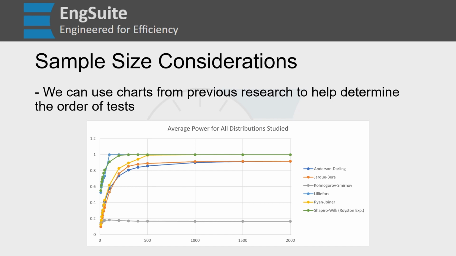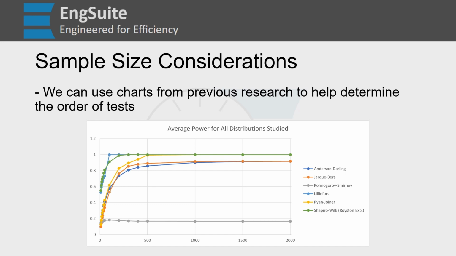But then right between that 50 and 100, the Lilliefors converges onto 100% really quickly, whereas the Shapiro-Wilk approaches much more gradually. And then the Ryan-Joiner catches up to that near 100%, right around 500. And something really interesting is that the Anderson-Darling and the Jarque-Bera do a swap, with the Anderson-Darling being more powerful at a lower sample size, and the Jarque-Bera being more powerful at higher sample sizes, and both leveling off right around